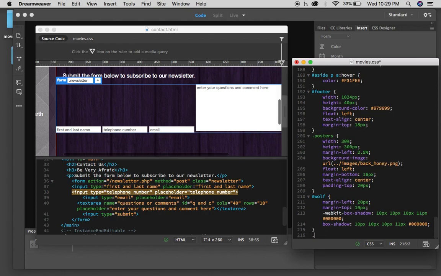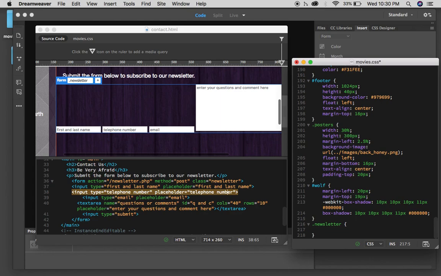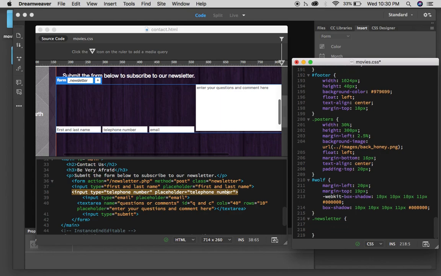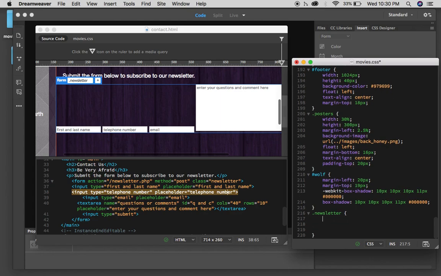and I'm going to type in a period or dot, newsletter. Now this has to be exactly the same, spelled exactly the same as my code over here in the HTML tag. Hit space, do your curly brackets, shift and the button to the right of P. Okay, it gives me both brackets. I click in between them, hit enter, hit enter a couple times, arrow back up,